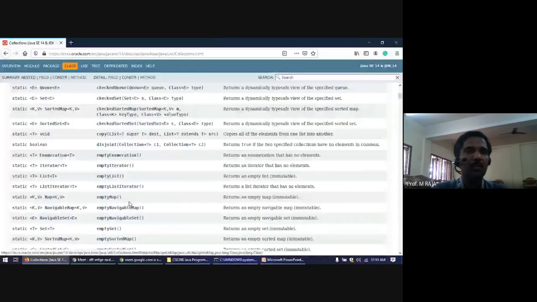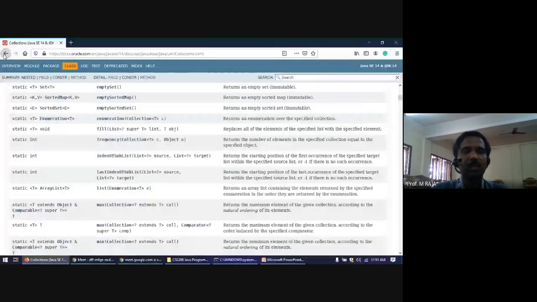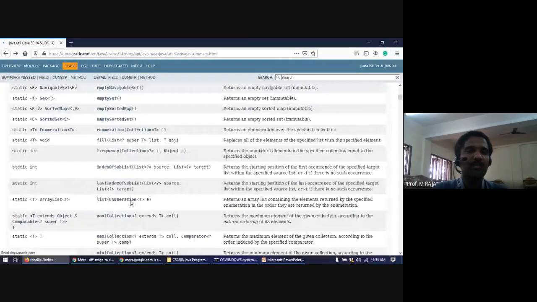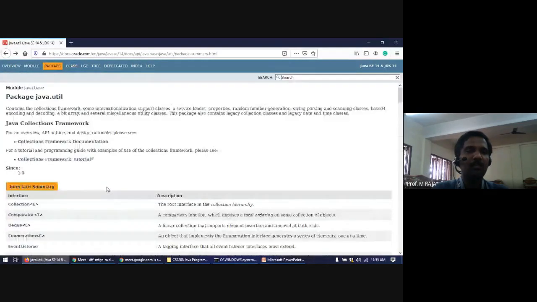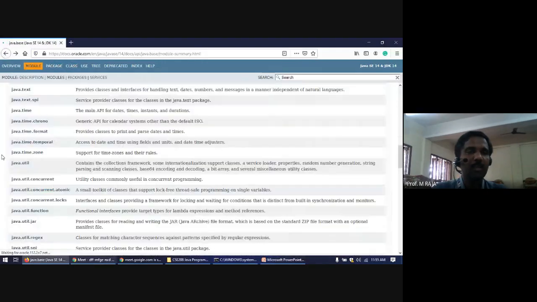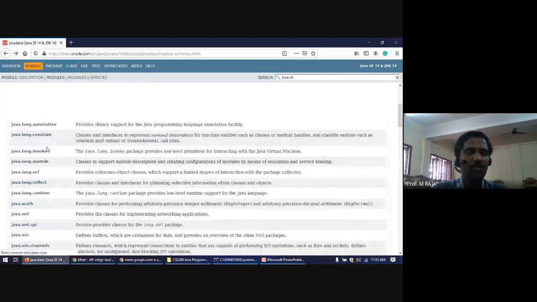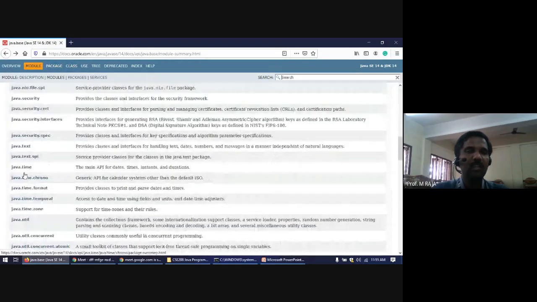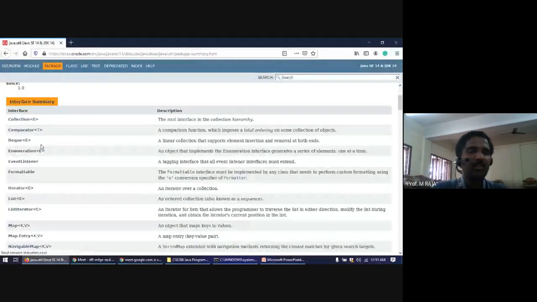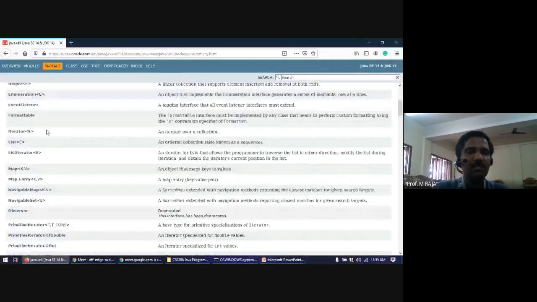So as of now, what you have to do is go through the complete exploration of this java.base module, in which we try to find the utility package, java.util, and please go through the different classes and interfaces available. And here, go through the interfaces which are part of our syllabus, as we have discussed. One interface is the Collection interface,